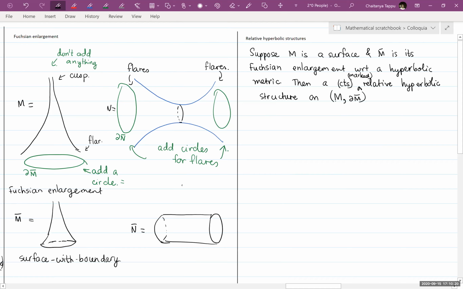So continuous, the relative hyperbolic structures are defined not for a topological surface, but a topological surface plus this possible Fuchsian boundary. It is a homeomorphism. So it's given by a homeomorphism M bar to X bar, where X is a hyperbolic surface